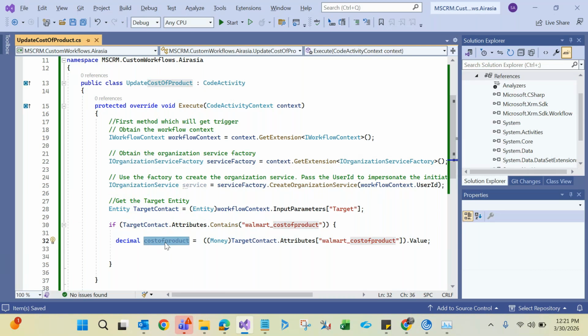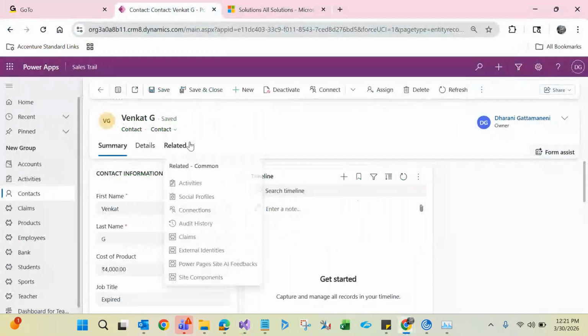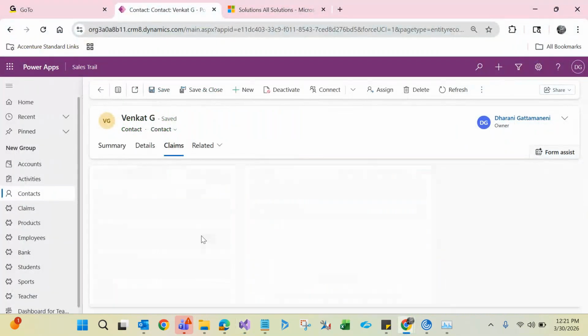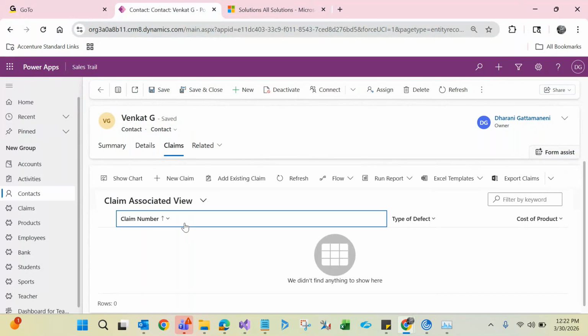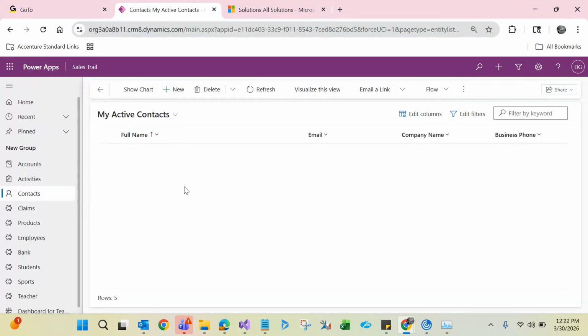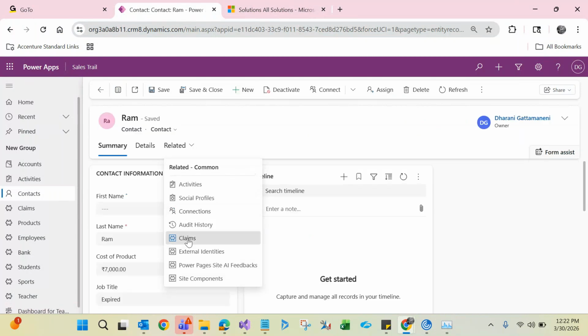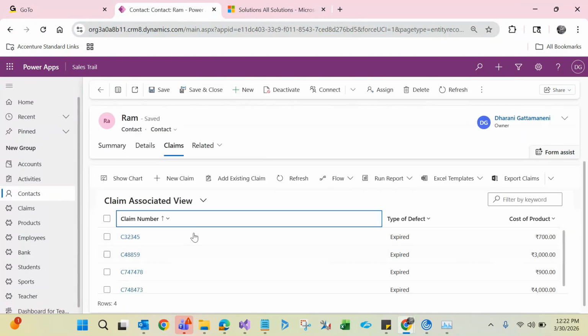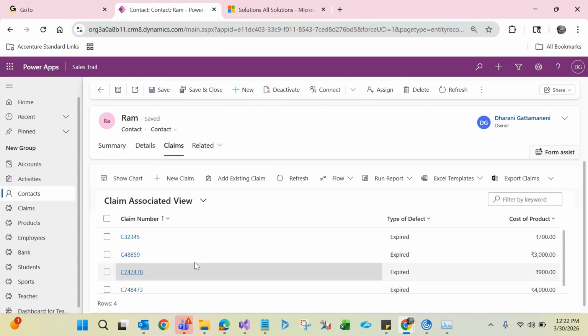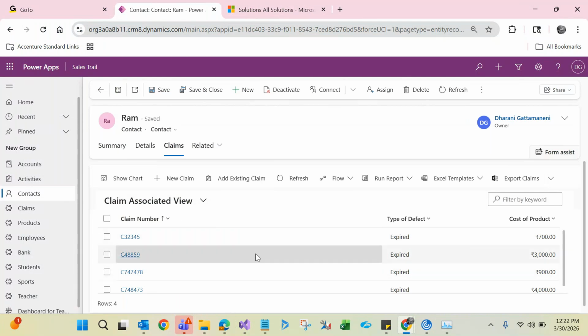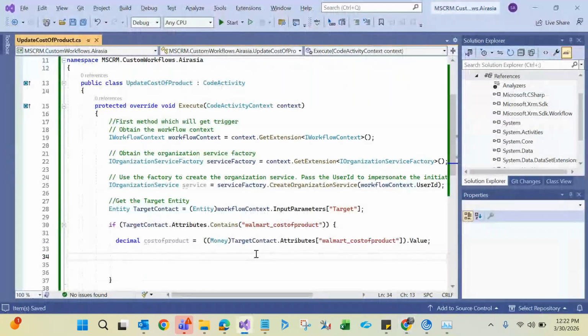Okay. Now after that, what do I have to do? See, I need to fetch the related clients. Okay, let's open the one in which we have the clients. So I need to get the related clients. See here, I have 4 clients. I need to retrieve these 4 clients, right? So I have to retrieve